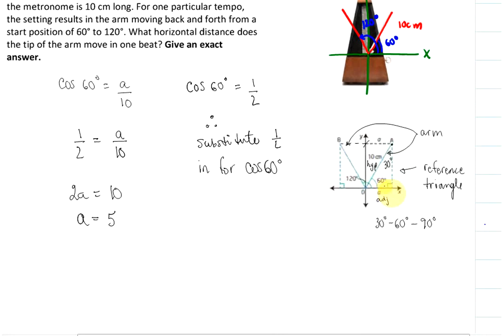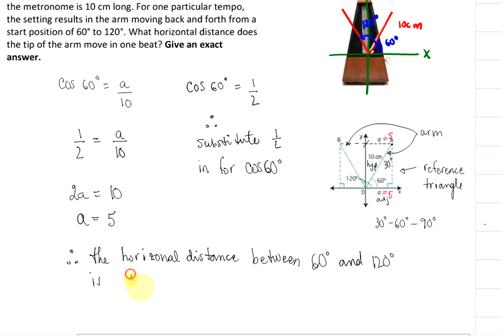Okay, but that just gives me this distance here, right? I want the whole distance from B to A. And so therefore, the horizontal distance between 60 degrees and 120 degrees is 2 times 5, which equals 10